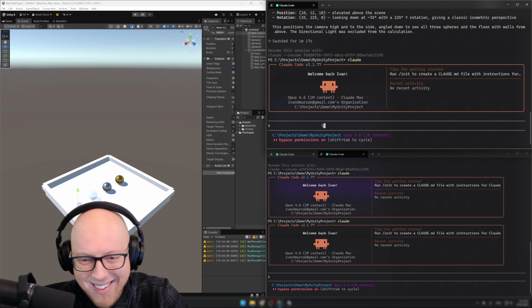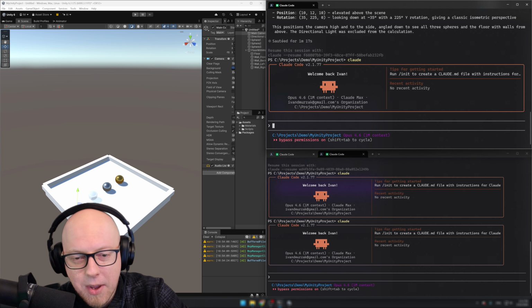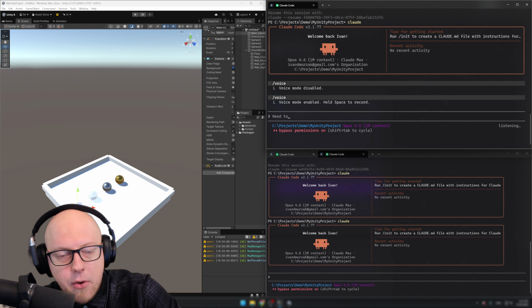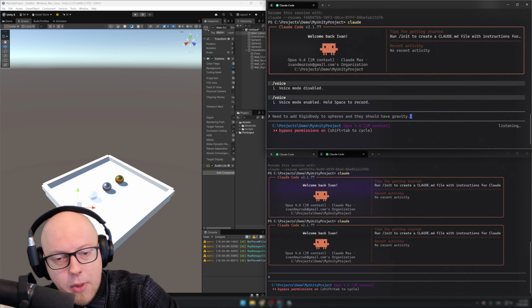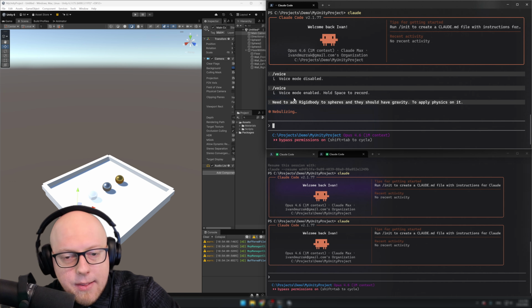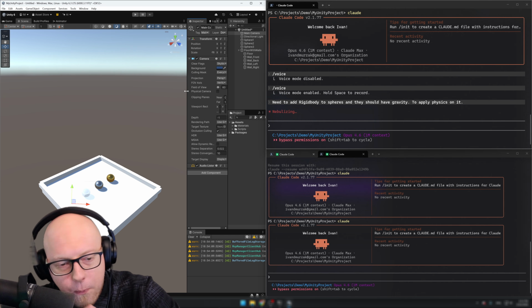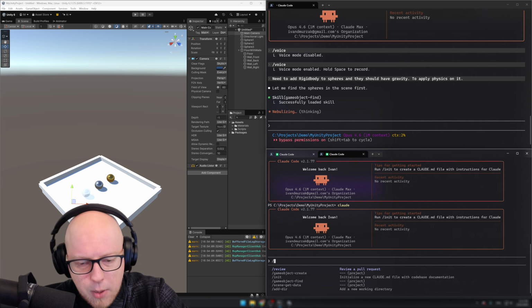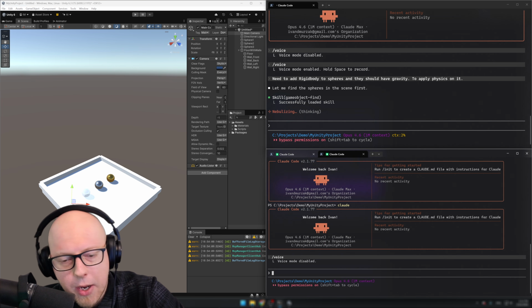Ah, voice mod. What's wrong with this voice mod? It's all the time broken. Need to add rigid body to spheres, and they should have gravity to apply physics on it. Done. Let's send this. Yeah, and while that's going, let me just ask Claude to decorate a bit the level